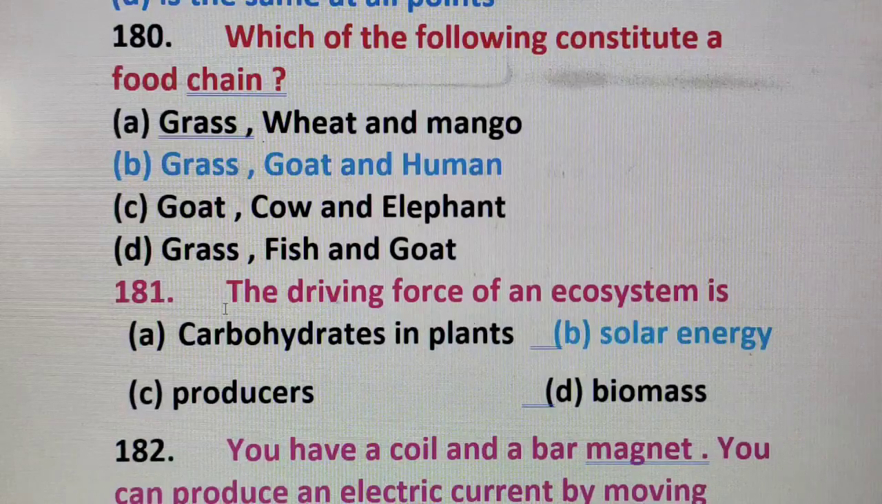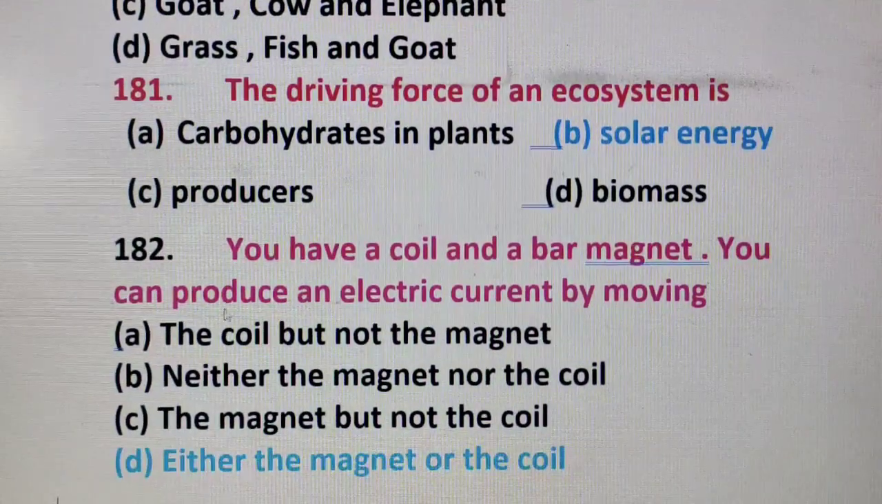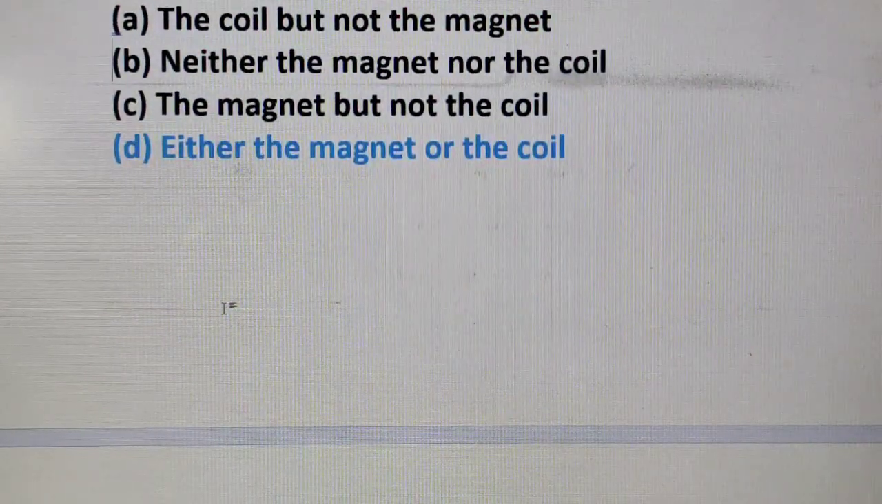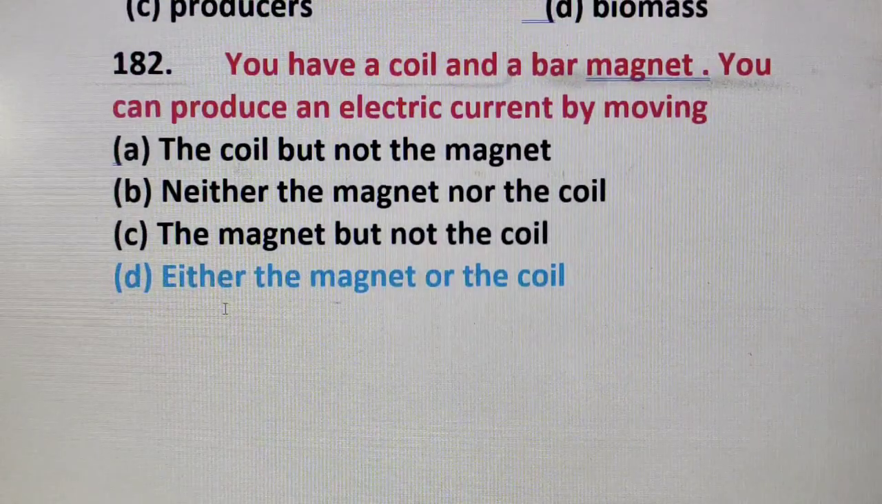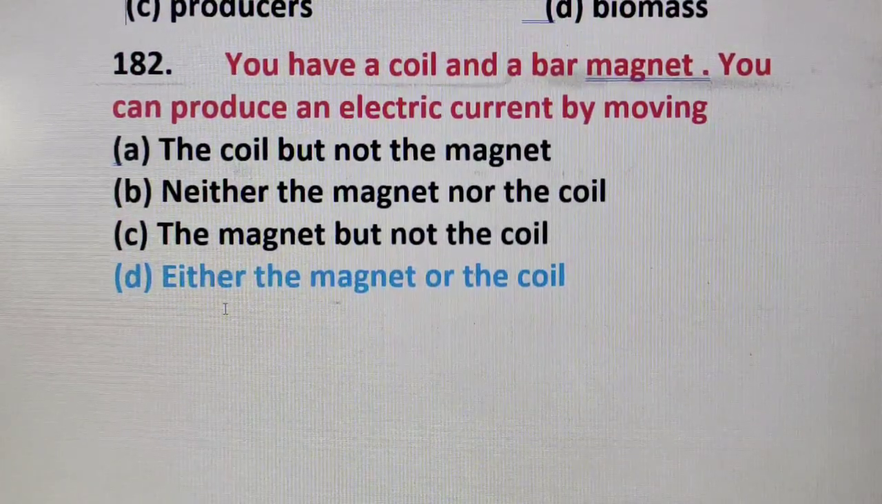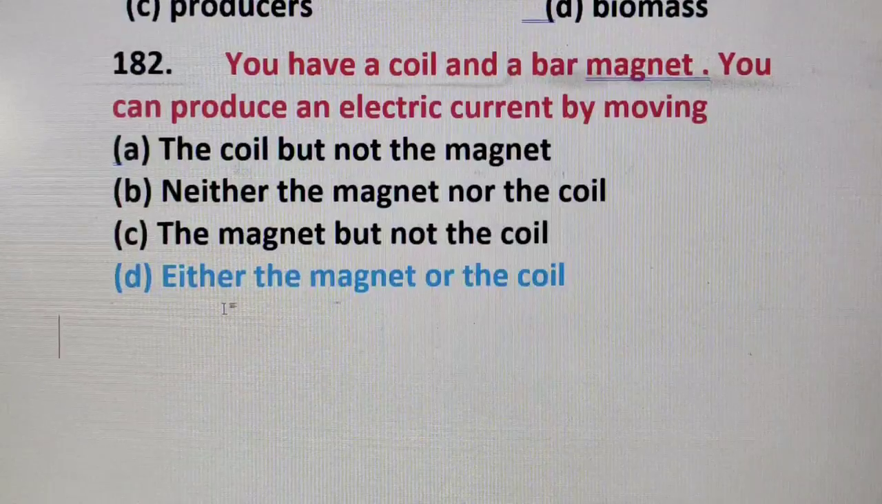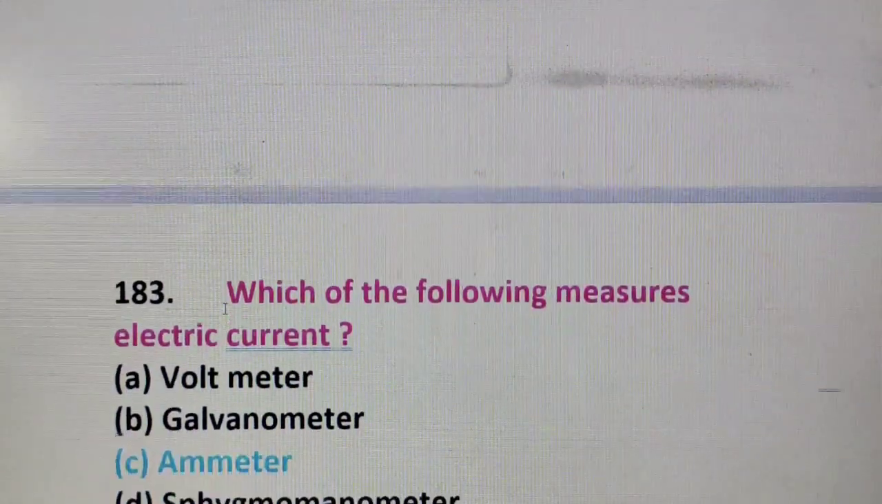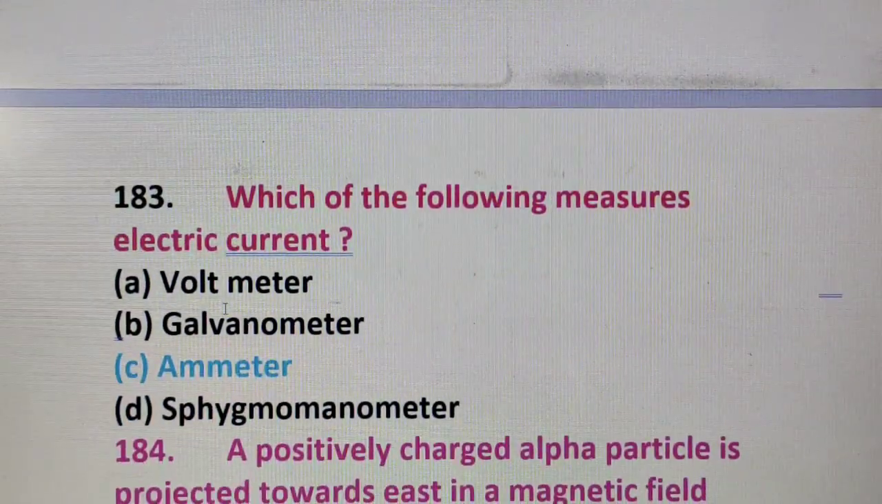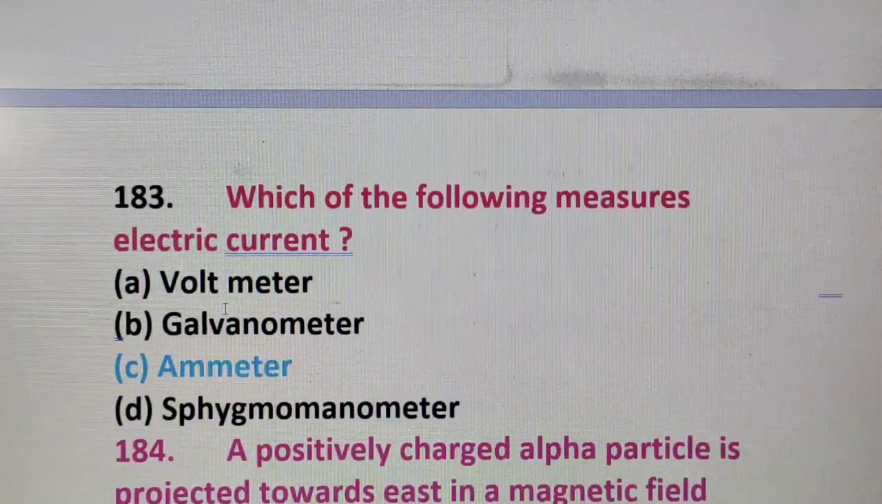The driving force of an ecosystem is solar energy. You have a coil and a bar magnet. You can produce electric current by moving. Here, either moving the magnet or the coil can produce electric current. Which of the following measures electric current? Ammeter. Voltmeter to measure the potential difference, galvanometer to measure whether current is present or not, and sphygmomanometer to measure